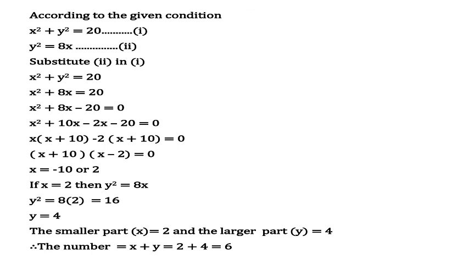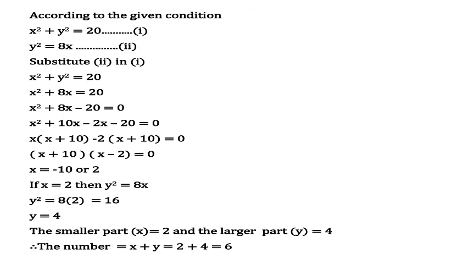The second condition is the square of the larger part is 8 times the smaller part. Larger part is y. Square of the larger part is y square. Smaller part is x. 8 times the smaller part is 8x. So the second condition is y square is equal to 8x. Mark it as result number 2. Substitute the result 2 in result 1 to obtain a quadratic equation. Then simplify the equation to find out the values of x and y. So x is equal to 2, that is the smaller part, and y is equal to 4, that is the